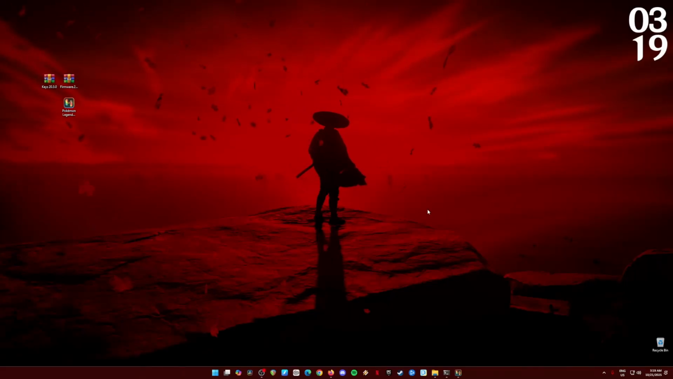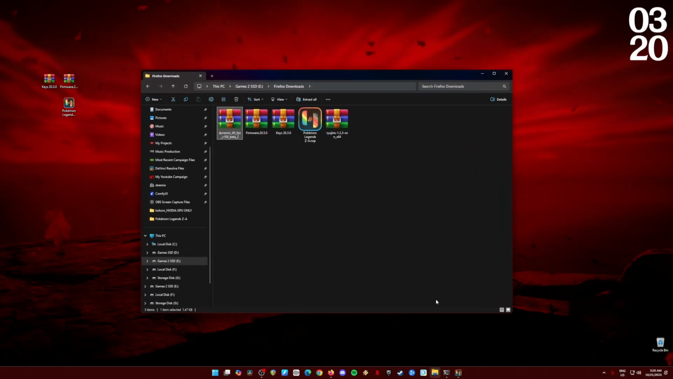Hello everyone, today I'll be teaching you guys how to properly set up, install and play Pokemon Legends ZA in 60 FPS and in 4K resolution or in 1440p resolution on your PC. So first of all, you'll need to have all the files that I've highlighted here